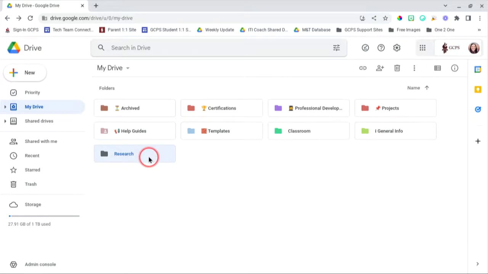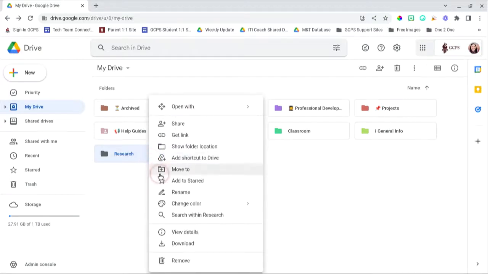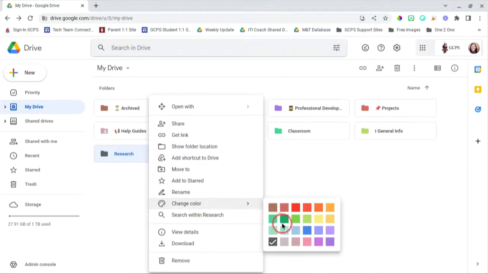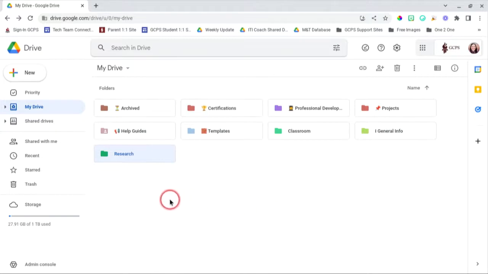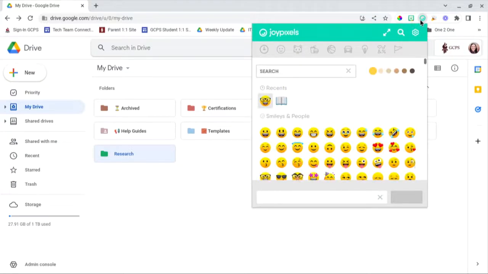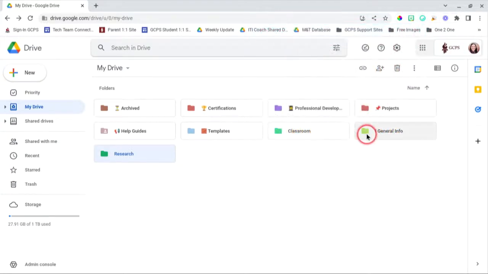Color code folders by right-clicking on them and then select the Change Color option. Do you like emojis? Use an emoji keyboard or website to add emojis to your folder names to make finding them even easier. Speaking of finding files and folders, let's take a look at the search bar in your Google